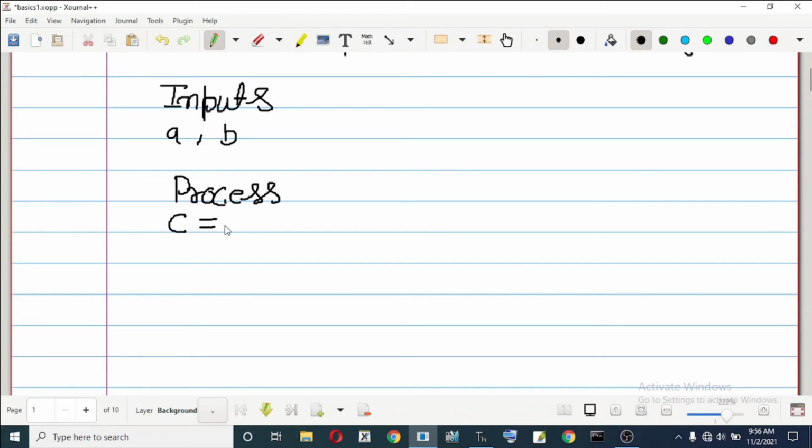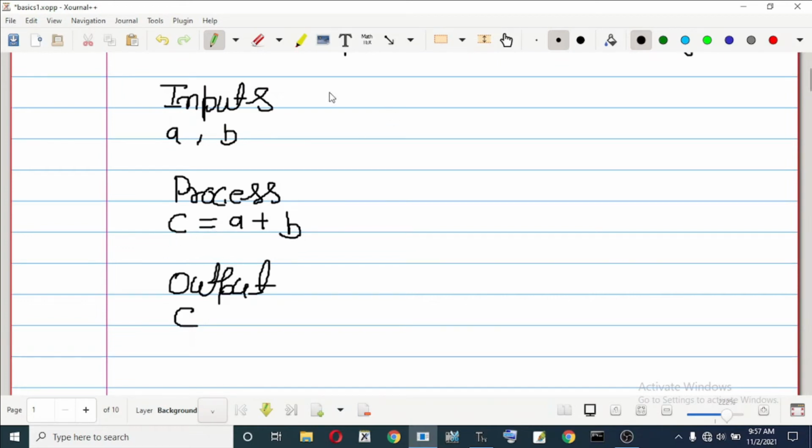So two numbers A and B will get added, and thereafter you will get output, and the output would be C, because you have added two numbers and C is referring to that number.